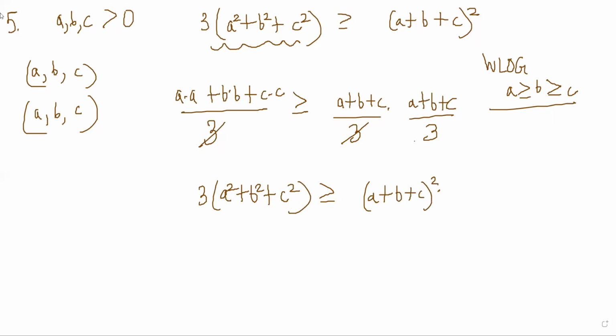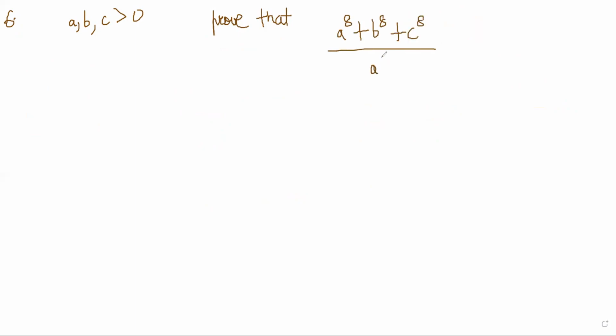So let's see another couple of examples. Sixth example for us is if A, B, C is greater than 0, you have to prove that (A power 8 plus B power 8 plus C power 8) by (A cube, B cube, C cube) is greater than or equal to 1 by A plus 1 by B plus 1 by C, right? So here we will do something more interesting, because here we will think of what sequence to apply Chebyshev on.